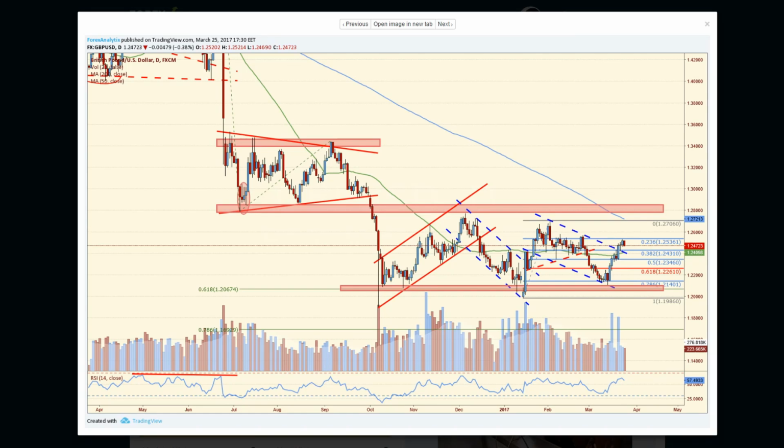Or the pound, excuse me. So in that sense, there's an opportunity for us to get the sell the rumor, buy the news. The short in the cable into Brexit, once Brexit is announced or Article 50 is triggered, maybe you get a little bit of short covering, which would be important here, just looking at the chart,